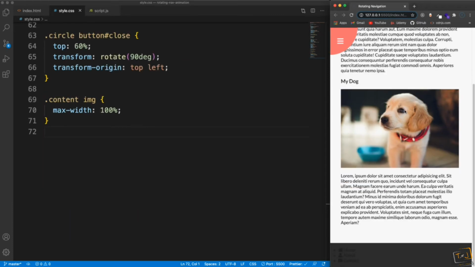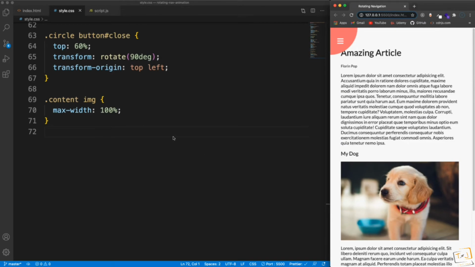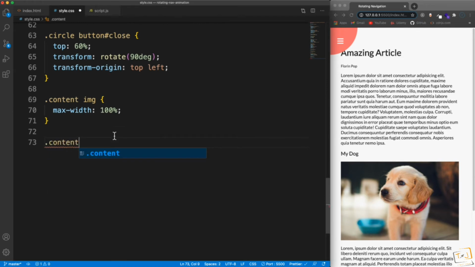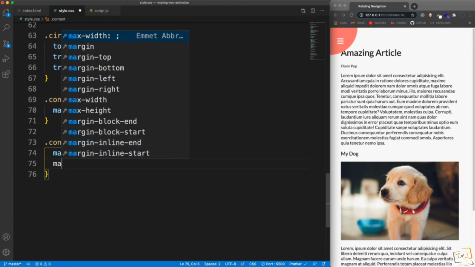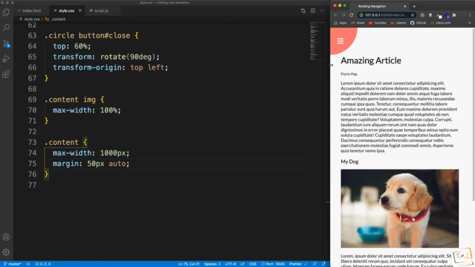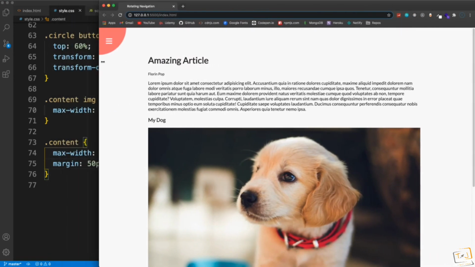Alright, so we need to finish up our CSS. We have to deal with the actual nav down here. But before we do that, I'm just going to add a couple more content styles. So for the content itself, let's do a max width of 1000 pixels, and we'll set margin. Let's do 50 pixels on the top and bottom, auto on the left and right. Keep it in the middle, so even if we stretch it out, it's going to have a 1000 pixel